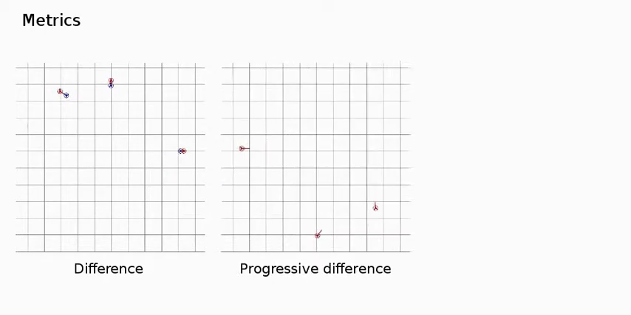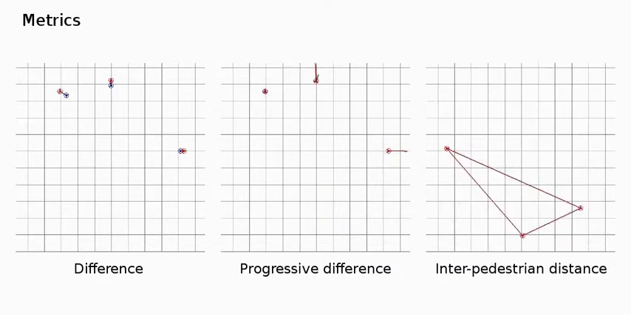In this framework, we've implemented several metrics, such as the difference metric, which compares the successive positions of real and simulated pedestrians, the progressive difference metric, which compares the reactions of real and simulated pedestrians to the same situations, here represented by their velocity vectors,